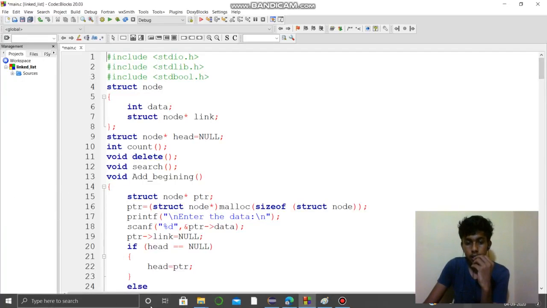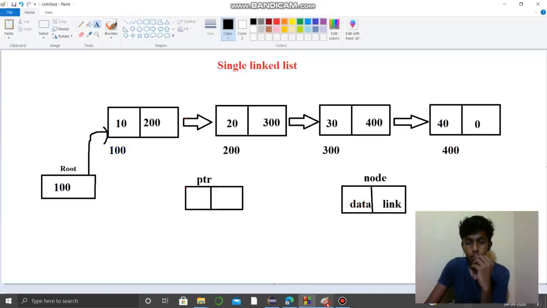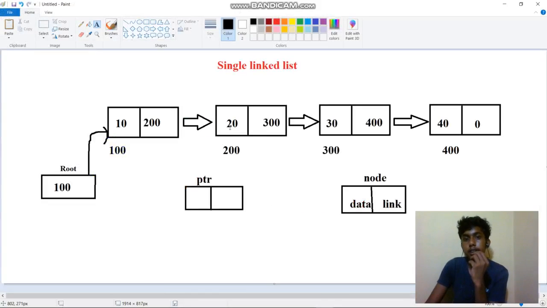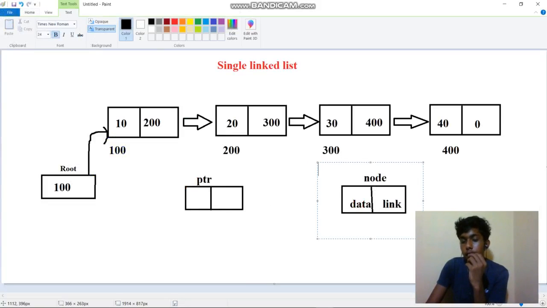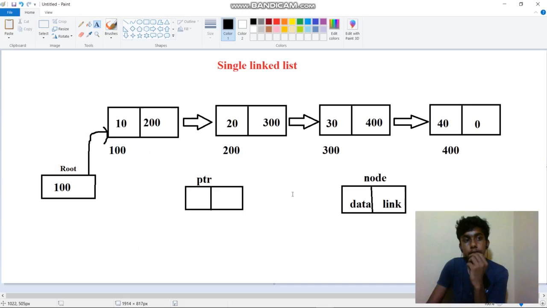Why are we using the structure concept here? The structure is a user-defined data type, that is, a data type created by the user from different data types.